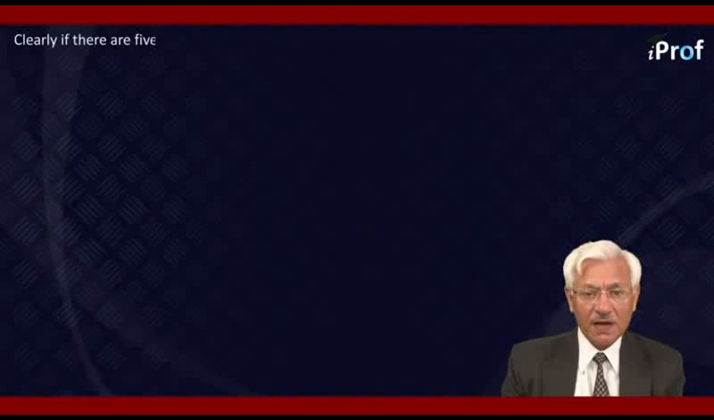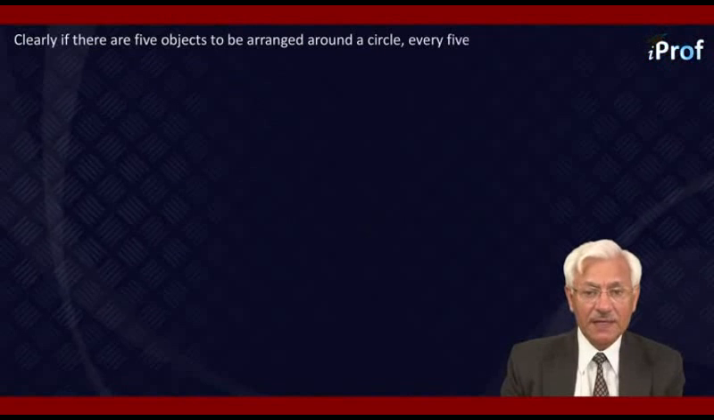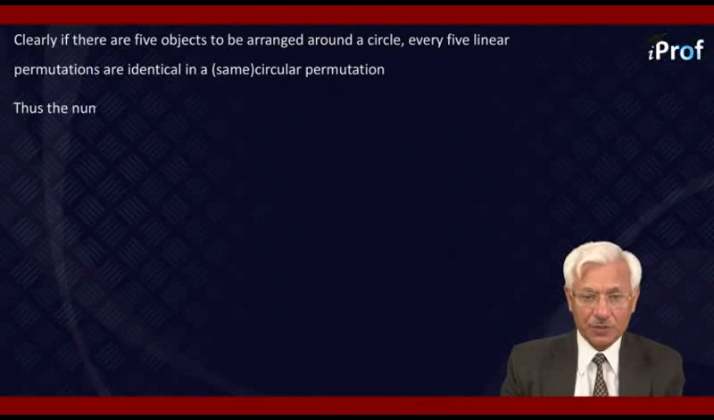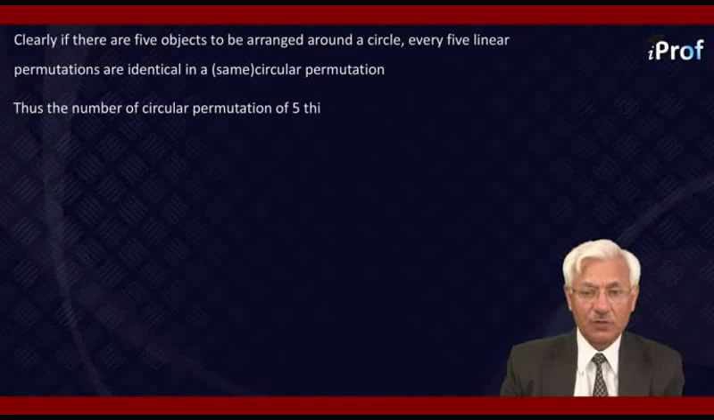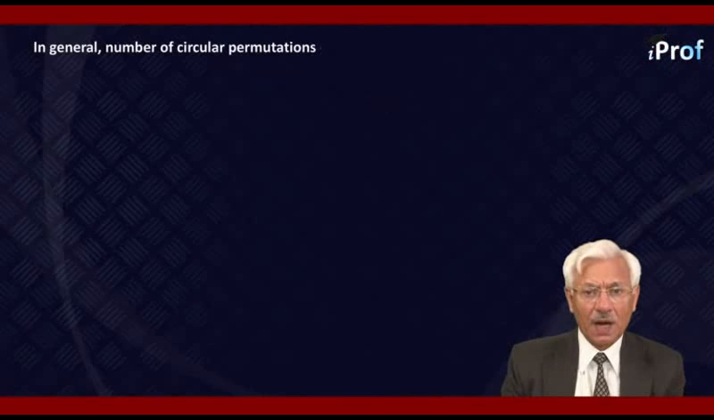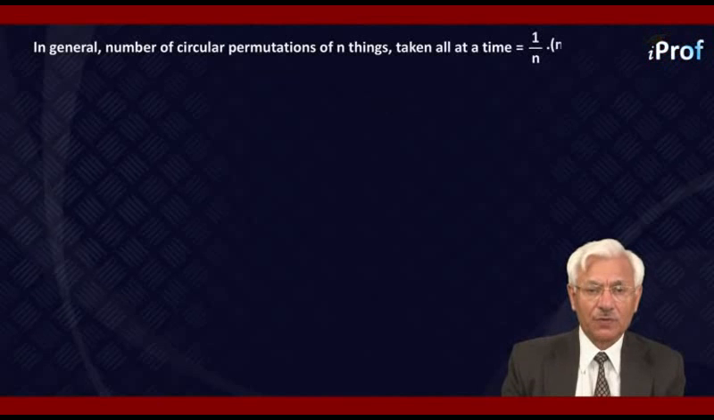Clearly, if there are 5 objects to be arrayed around a circle, every 5 linear permutations are identical in a circular permutation. Therefore, the number of circular permutations of 5 things will be 1 upon 5 times 5 factorial, which is equal to 4 factorial. In general, the number of circular permutations of n things is 1 upon n into n factorial, which is equal to